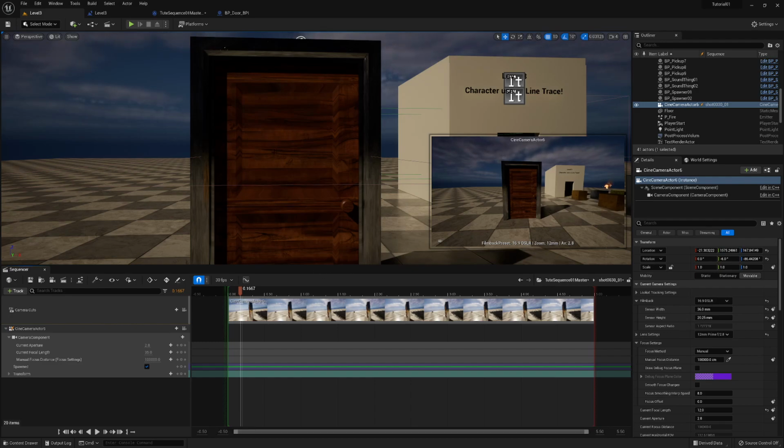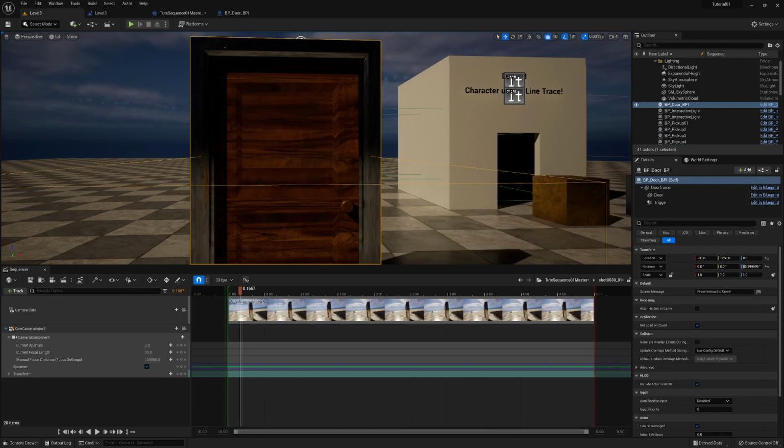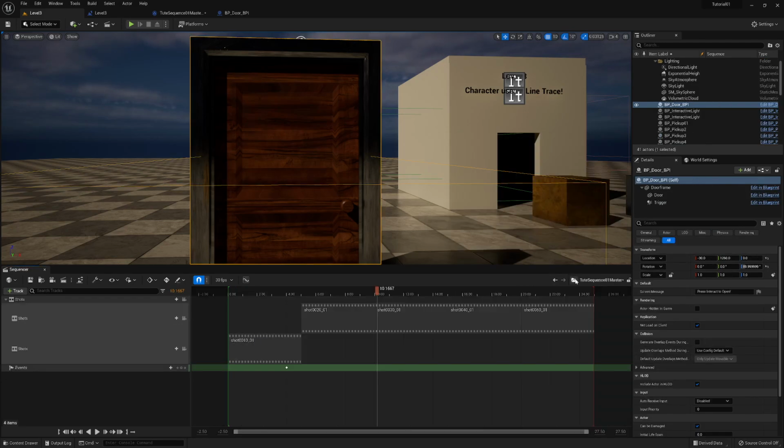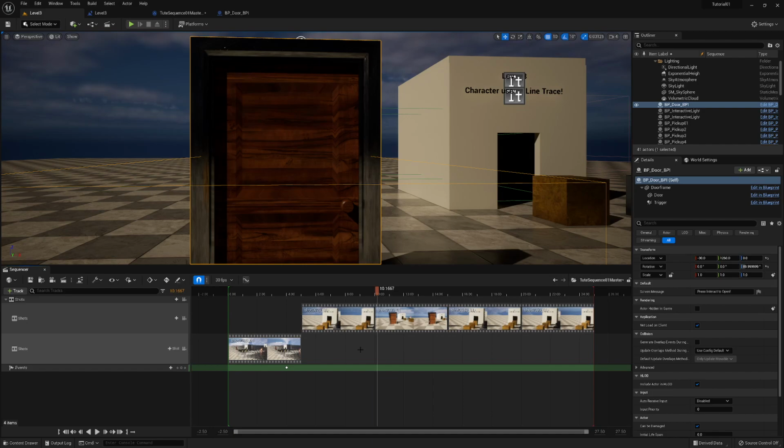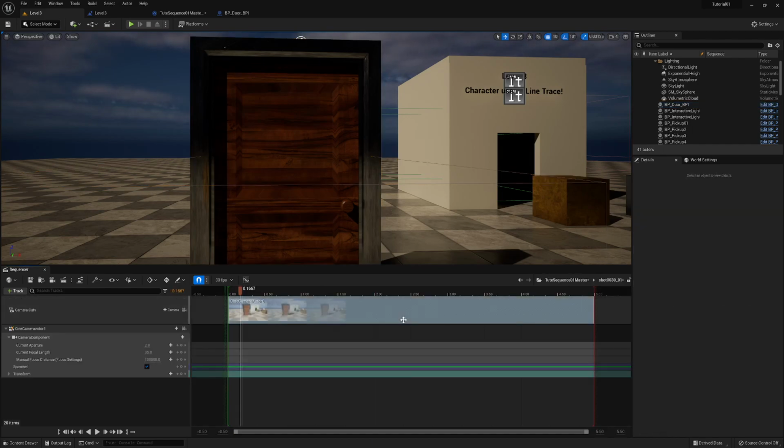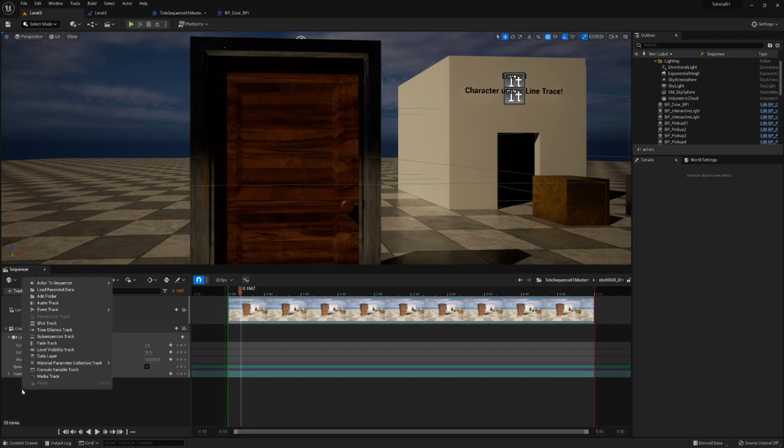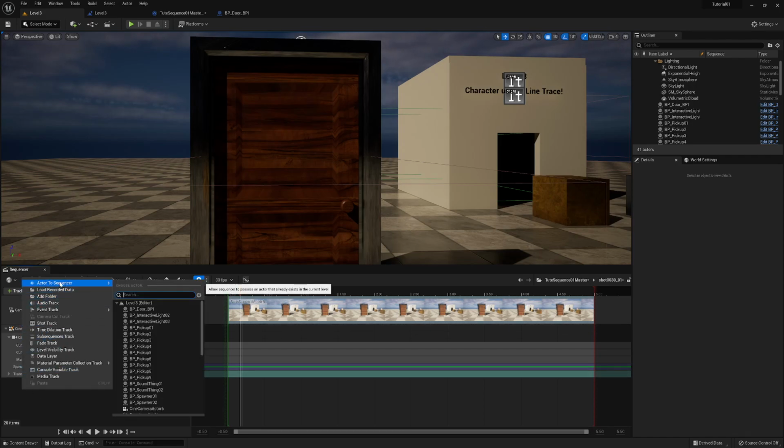Now I could put this in either area, but let's say I've got this. I could put it in here if I wanted to, but since it's kind of specific for here, I could also do it within. These are really all the same. They have very much the same functionality generally. So what I can do is right click here, add actor to sequence,